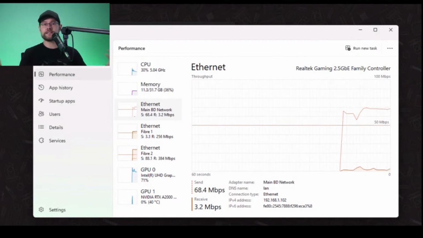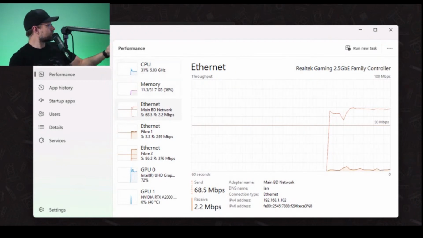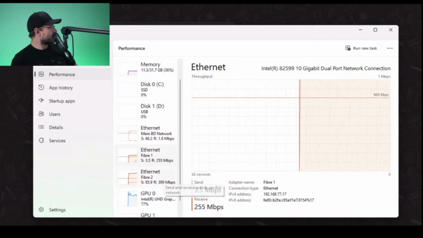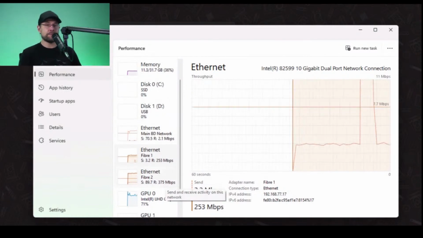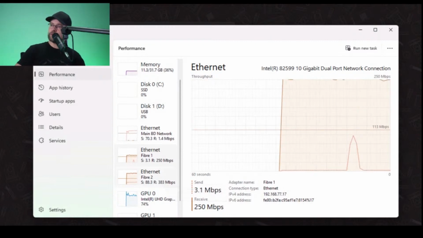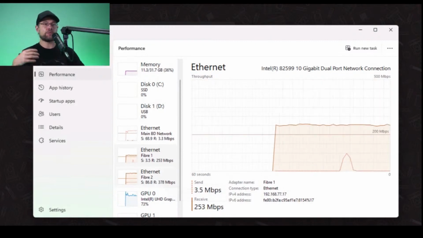So if it's connected to the same subnet, NDI actually is programmed to do this, I've been told, which is true here because we can see that both fiber 1, which is this guy here, and fiber 2 are relatively the same. We don't have 500 megs on one and 50 on another. We have 250 on one and 380 on another, and I'm pulling in various streams.